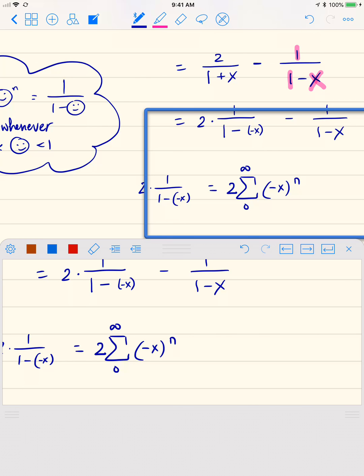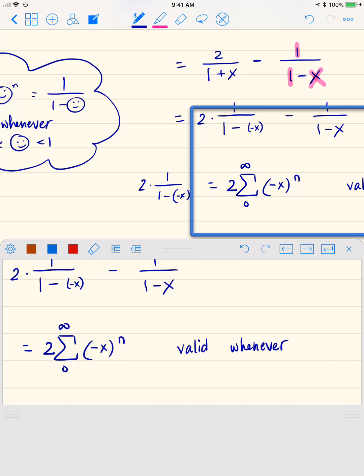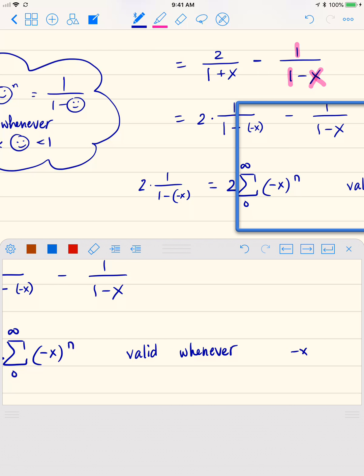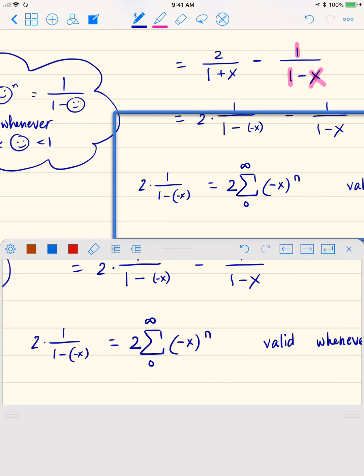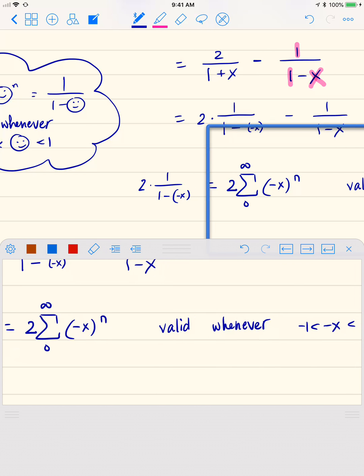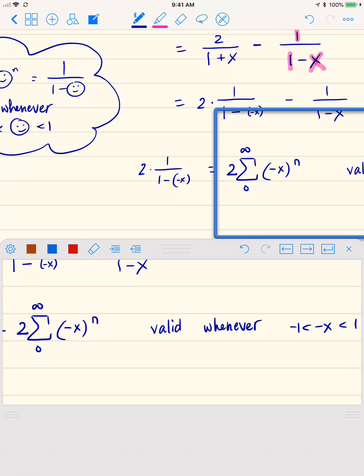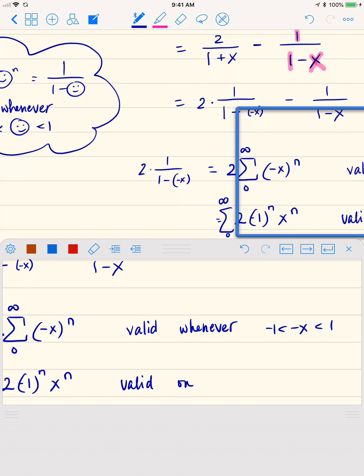And now this is valid whenever negative x is in between 1 and negative 1. Right? Because our negative x is our smiley face in this case. And we can rewrite this a little bit more, so we can say this is equal to the sum of 2 times negative 1 to the n, x to the n, from 0 to infinity, valid on